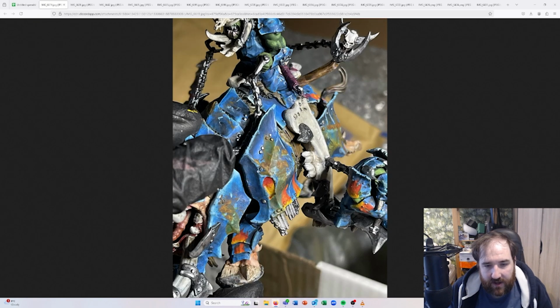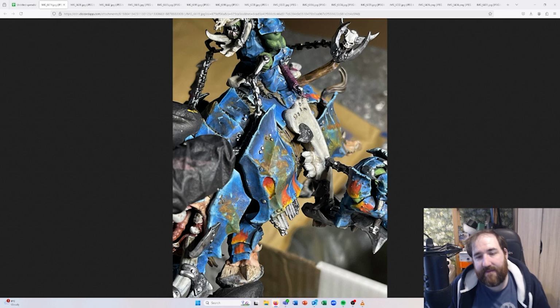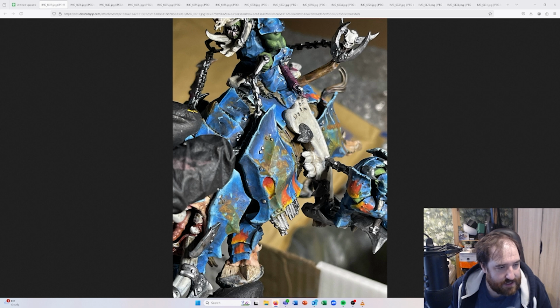So I'll just show it off, right? So I clearly went too heavy with the sponge. I put on way more texture than I wanted. Battle damage is supposed to be light and delicate, and I've kind of just added on masses of damage. And I was really sort of disheartened when I did that, because it was like, oh, damn, I've ruined this